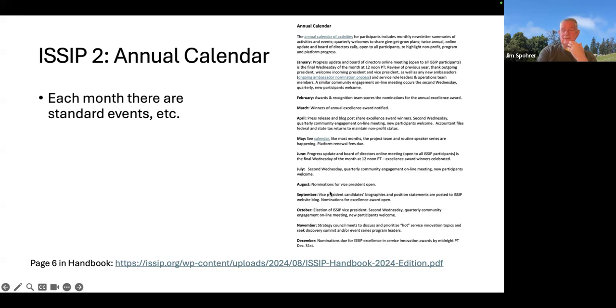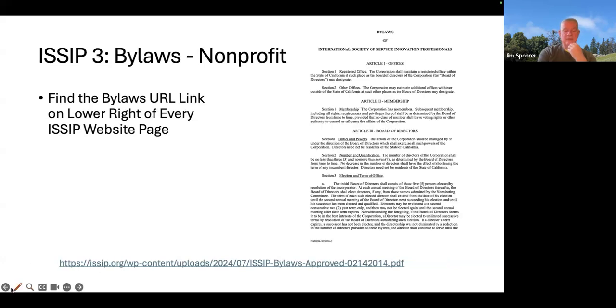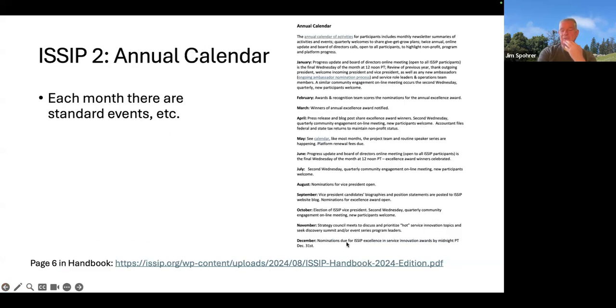August is when nominations for vice president open. September is when we vote for the vice president, and October is when the election results come. The end of December is when nominations have to be in for the ISSIP Excellence Award. So again, I won't go through it all, but the calendar is page 6 of the handbook, and there's something